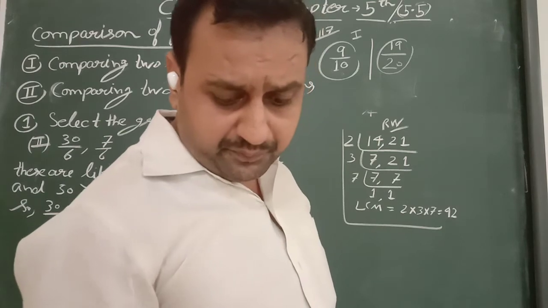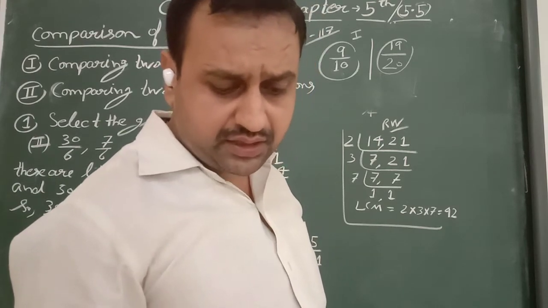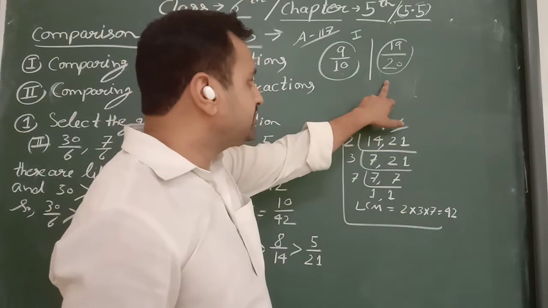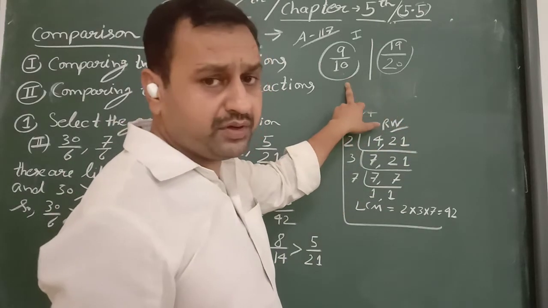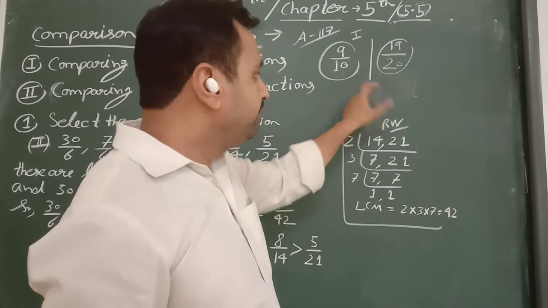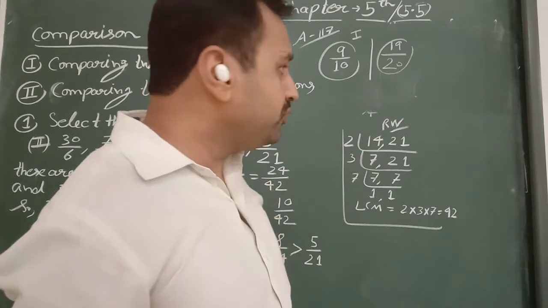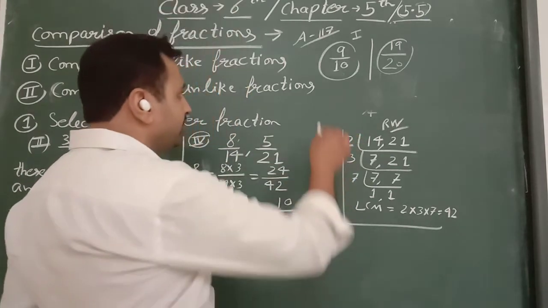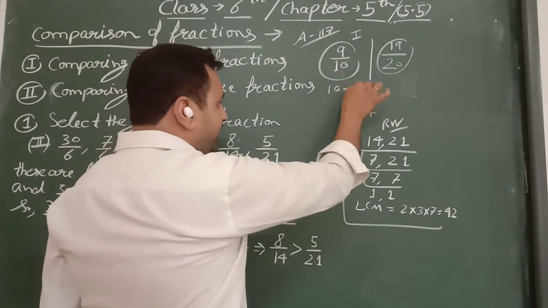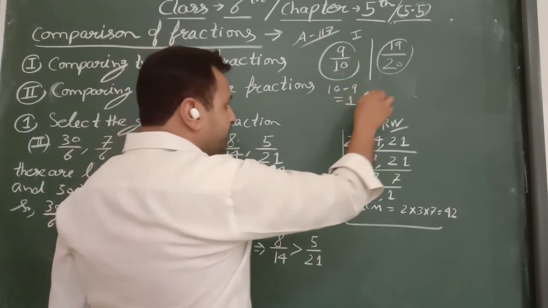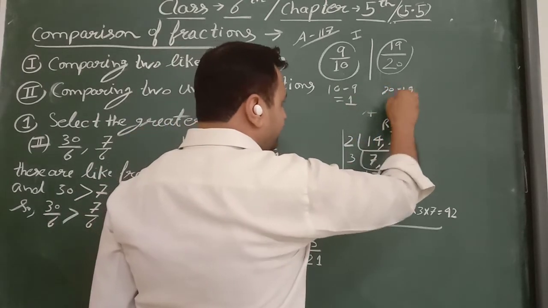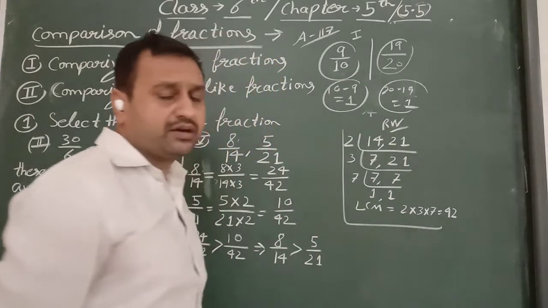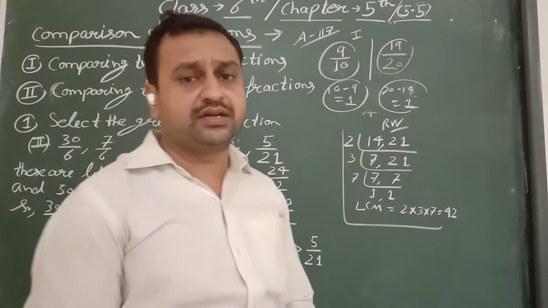Did she perform better during her second test or not? Now we have observed that in the second unit test the performance is better in comparison to the first unit test. But why? We have to consider a reason: whose fraction is greater. But the difference between 10 and 9 is 1, and between 20 and 19 is also 1. So how can we compare which fraction is greater?